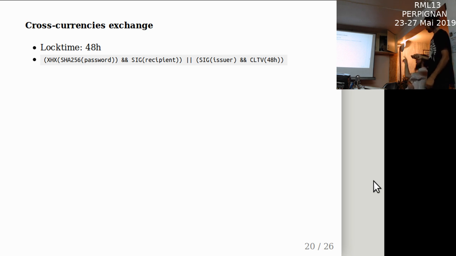So, questions? To well understand this, could the other party in the other currency help with the password exchange? Yeah, I think the password should be exchanged not from the currency itself, but through normal messaging means. But what do you mean? Here you have the unlock property and the back.